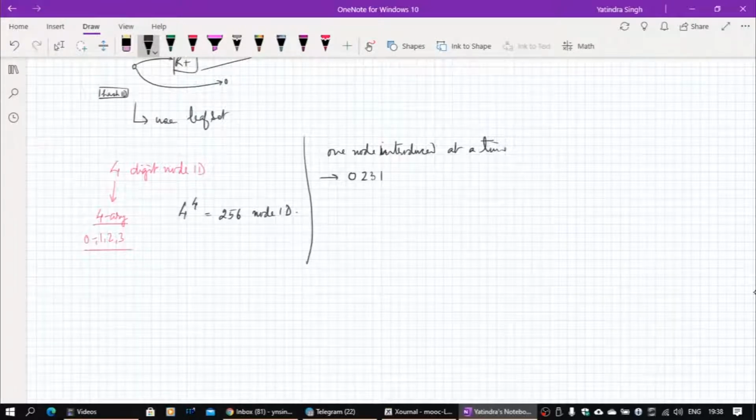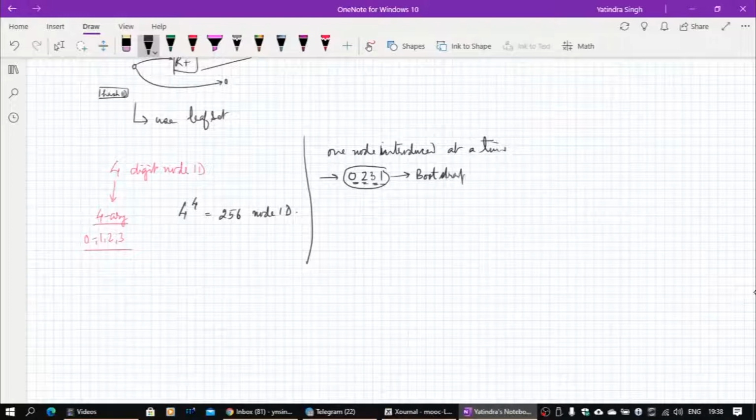These are 4 digits, and no digit can be more than 3; it has to be either 0, 1, 2 or 3. This bootstrap node is fixed. Normally in any peer-to-peer system you will have bootstrap nodes, and these are used by any node to enter into the system.